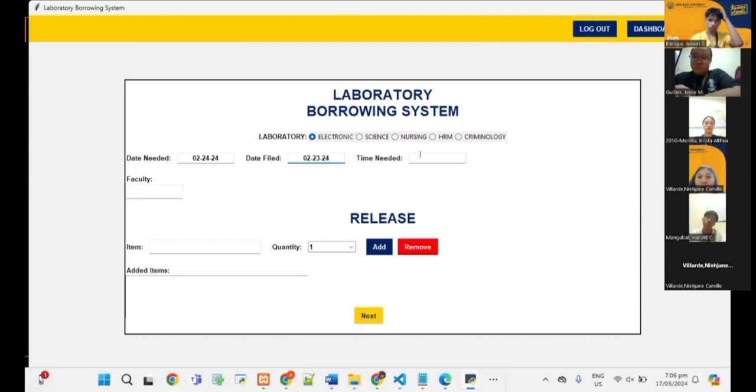And for the last one is the time needed. And below that, there's a faculty field where you will enter your professor's name. Then the item you want to borrow, for example, resistor.